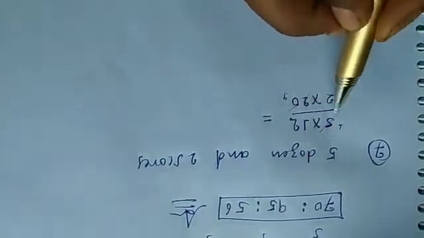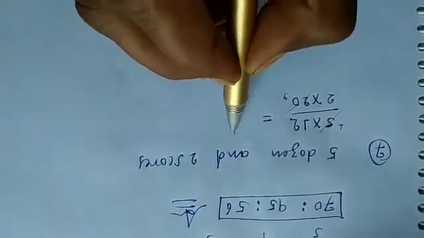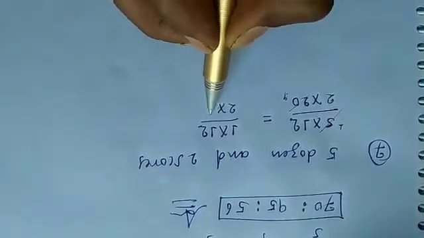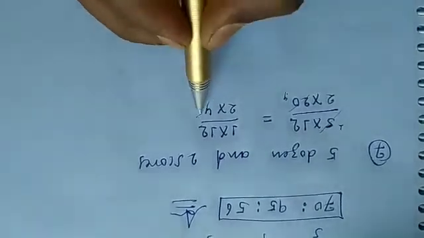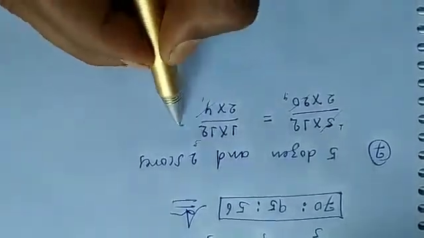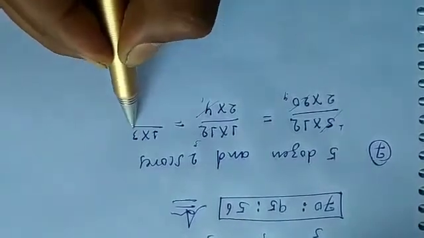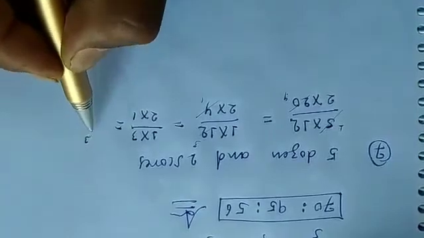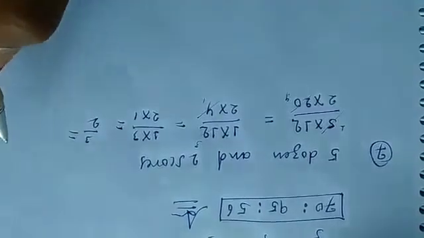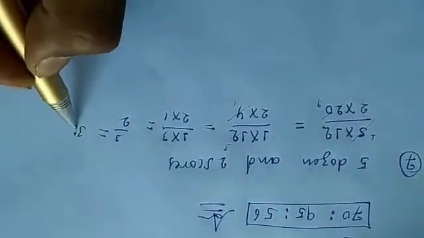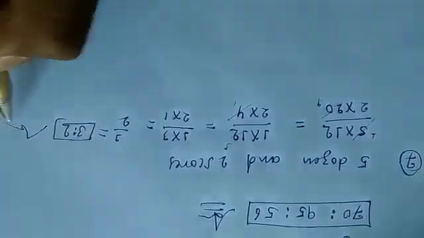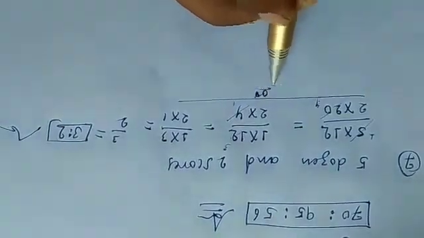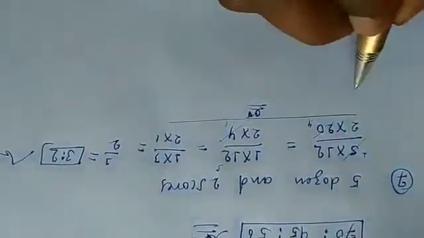So in the numerator, what is the remainder? 5 1s are 5, is cancelled. 1 into 12 upon 2 into 4. Now cancel this number. 4 1s are 4, 4 3s are 12. It means 1 into 3 there, and this is 2 into 1. 1 into 3 means 3 upon 2, and you can also write 3:2. This is the answer. You can solve this question by this process also. Both are the same process.